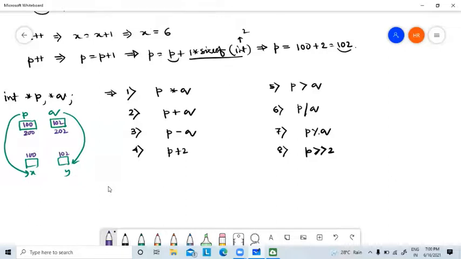Anyone, please unmute yourself and give me the answer. Can we multiply two pointer variables?